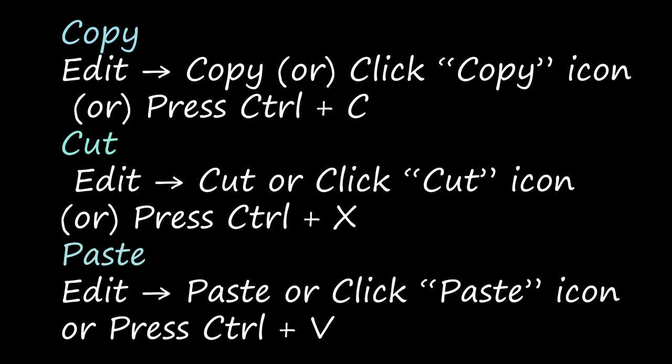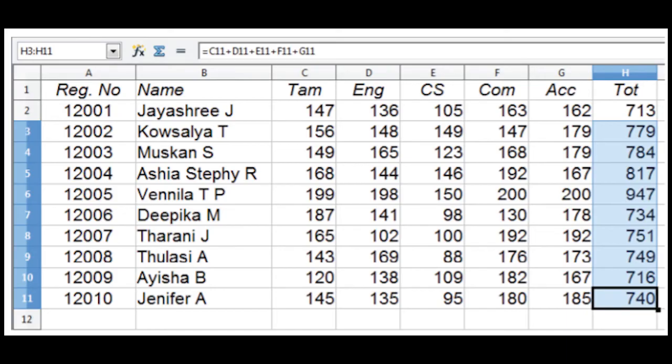About copying a formula from one cell to another cell or to many cells, we have a shortcut here. Either you can copy the formula, in this image it is in H2. In this H2, click Control plus C, or you can go to Edit and Copy, or click on the Copy icon.